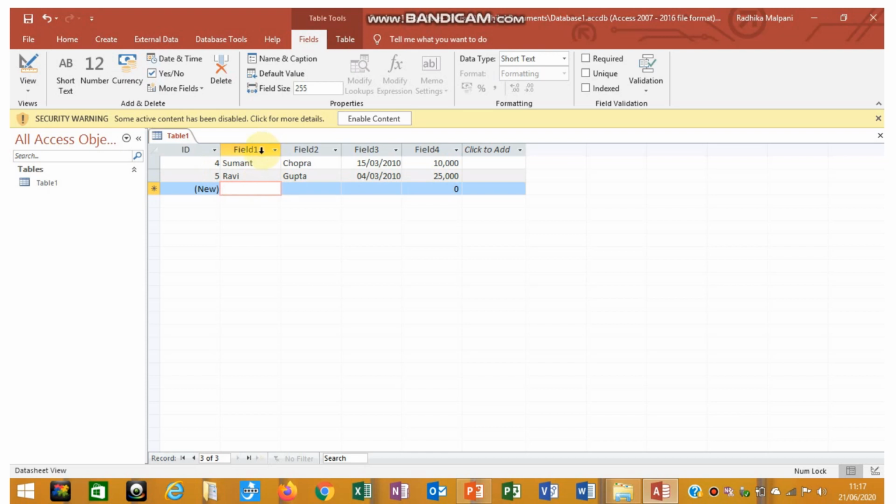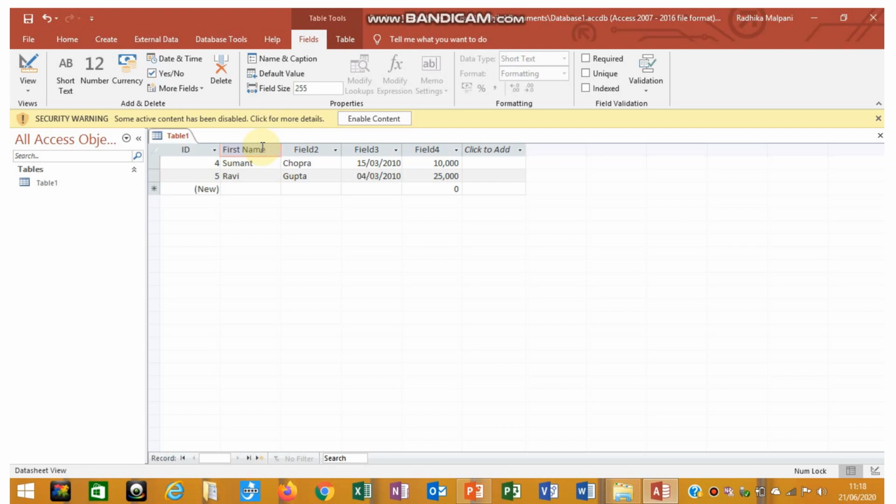For renaming the fields, suppose you want to rename field 1 as first name. Click on that field 1 button. Once clicked, double click on field 1. After double clicking on field 1, you will be able to change the name of field 1. So I am entering it as first name.